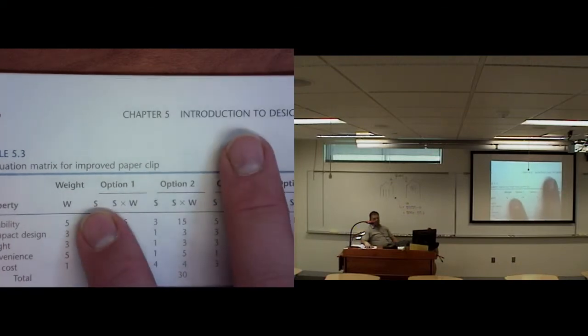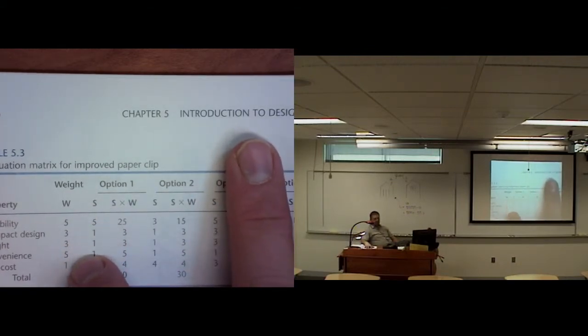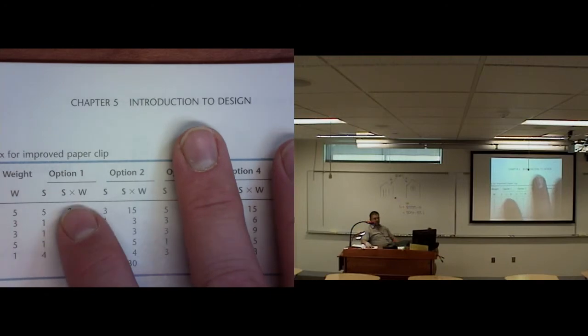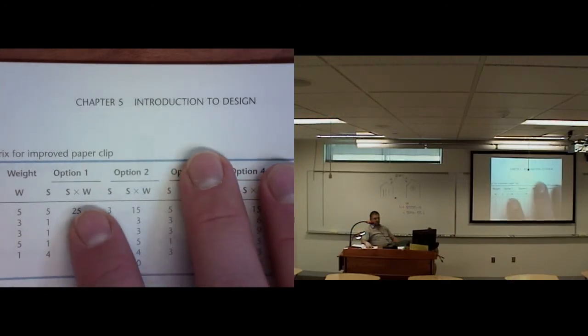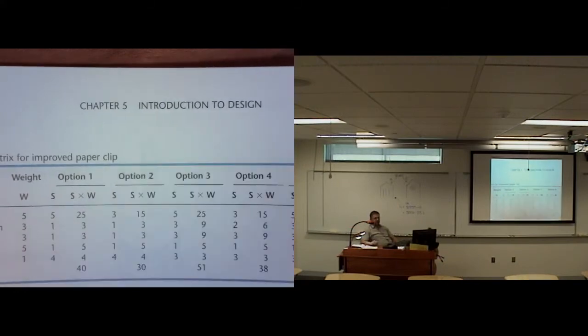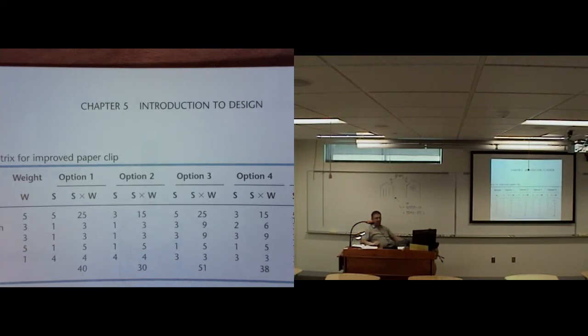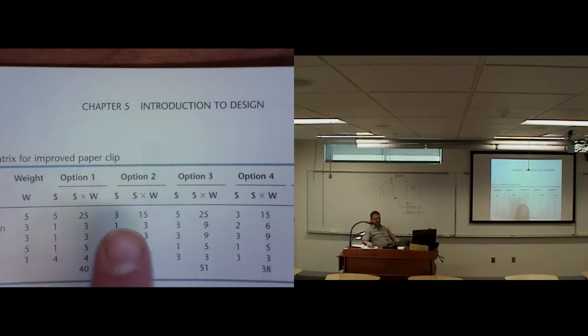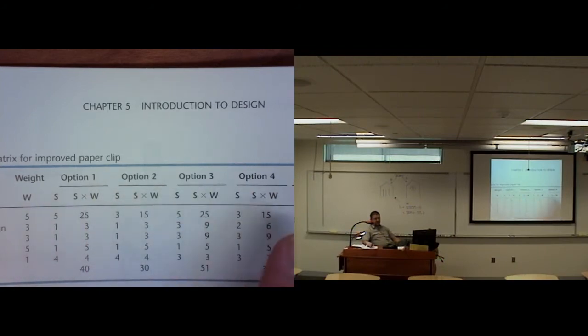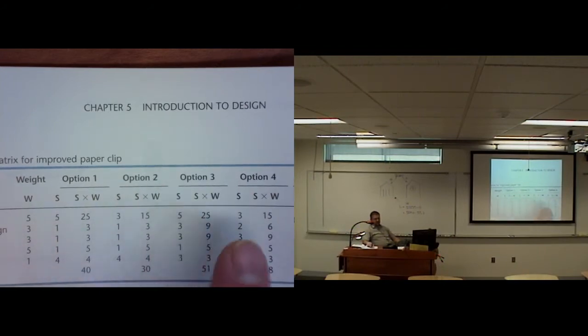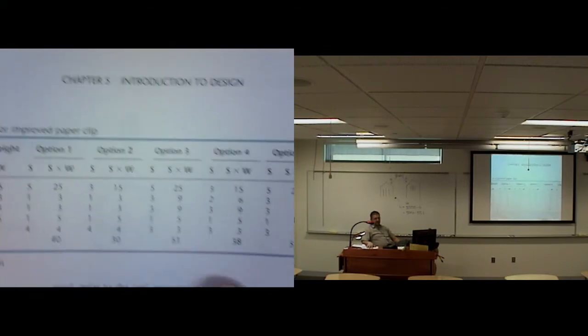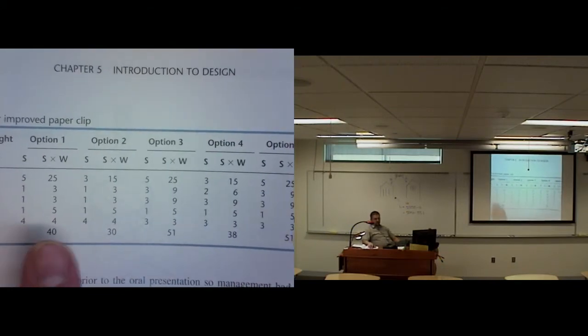So here's the weight of each of those that we determined earlier, and then their score is going to be multiplied by the weight. So their score for the first design is a 5, and they multiply it by the weight, which is a 5, and that's 25. So it scores a 25 in reliability for the first design, option 1. And you do that for every option. You see every option scores differently in reliability or differently in the next phase of this. And then you just start giving them each a total score. You add up their total scores.